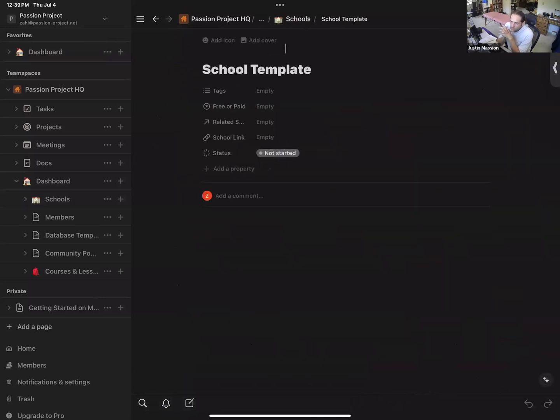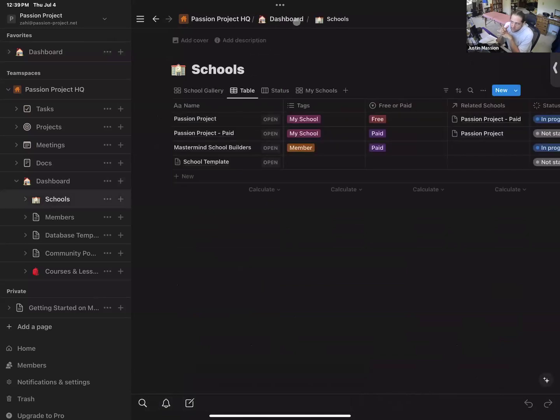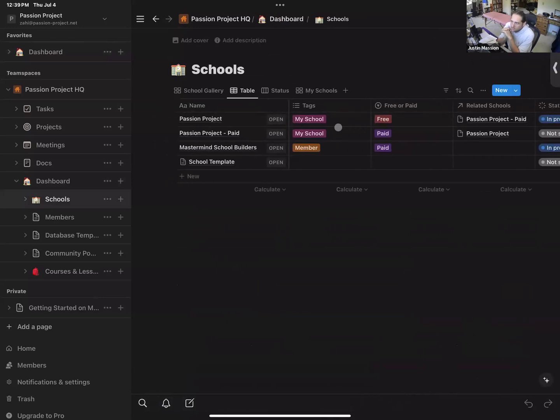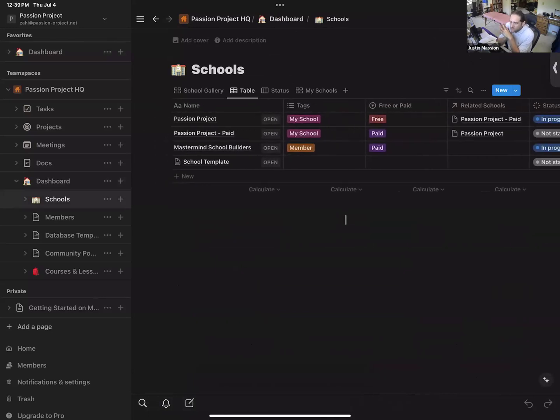And I'm going to show you how to do what's called a linked view and how to do a self-referencing filter. And this is like the sweet spot. This is the magic sauce right here. So go ahead and open up the school template